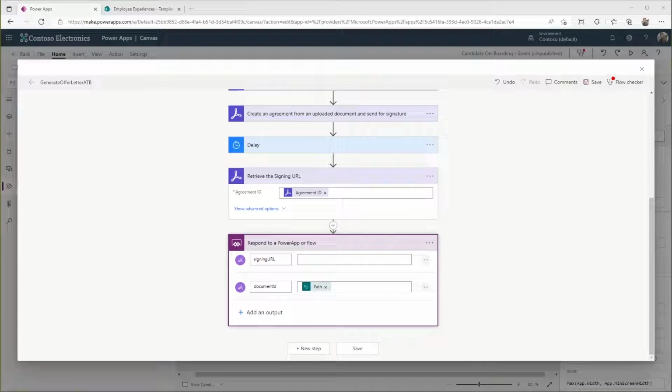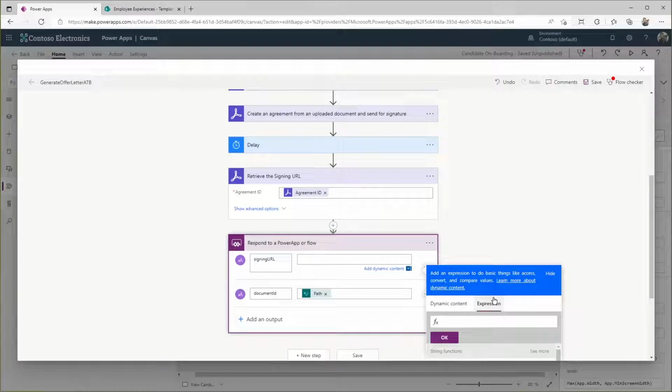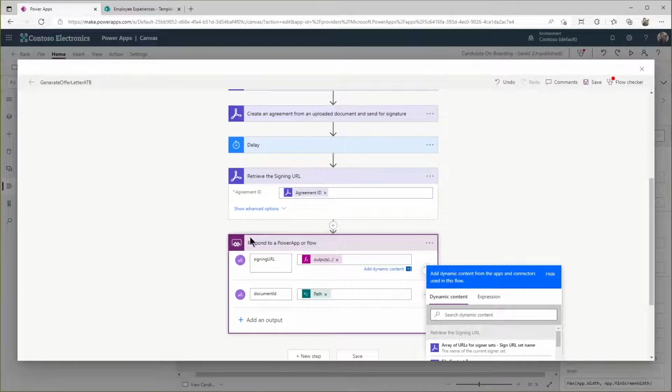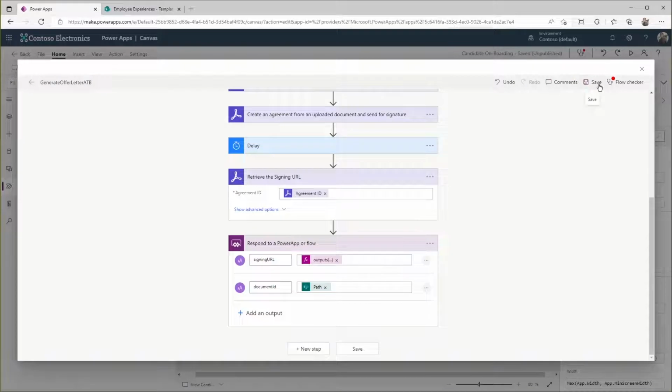In the blog post, there is a description of the specific expression that you want to use, but I'm going to paste it in here. But again, go into the blog in order to see the specific expression. Basically, it provides a response, and what you're going to want is to get the eSign URL, the first eSign URL within there, and submit that back. So if we click on Save now,